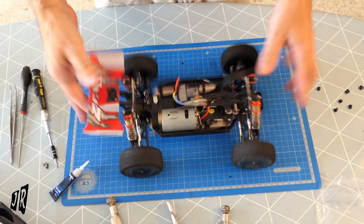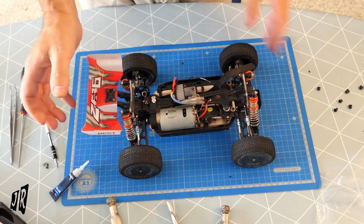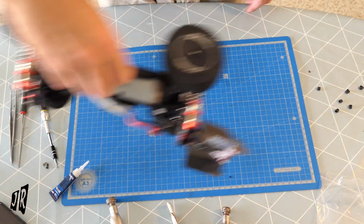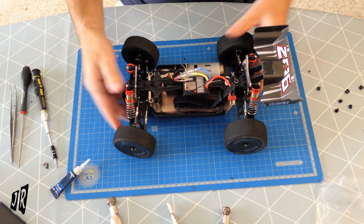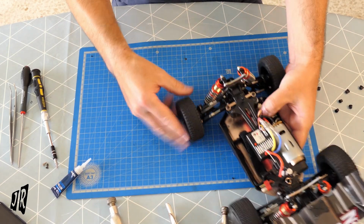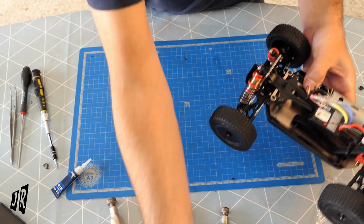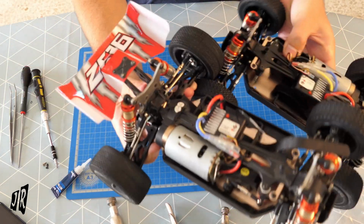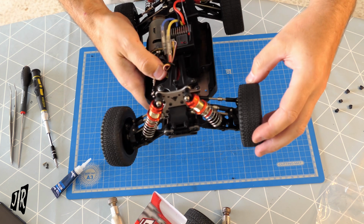a little bit of super glue, it's all back together. Obviously I had to bend the drive shaft and whatnot, but I'm very happy with that. Now, this one, bless it, this is the one that was hit. I think this one came in at full speed, and I believe it was the rear tyre that hit the front. And the reason that I say that is,